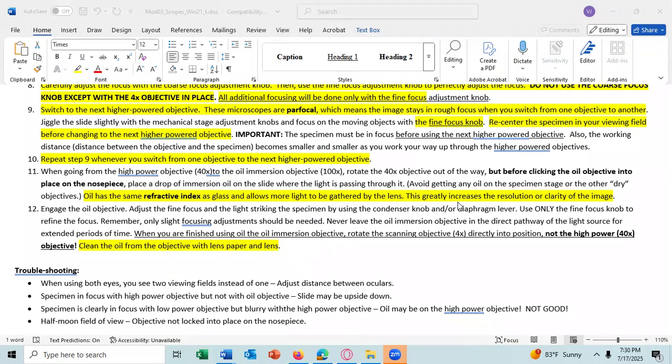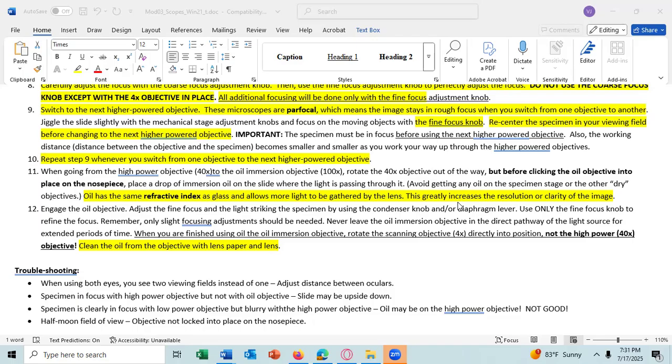And there's no reason to use the 100x lens without oil because the 40x lens is easier to use. It has a greater depth of field. It has a larger field of view. So it's easier to use than the 100x lens. And if you want to use the 100x lens, you have to add oil.